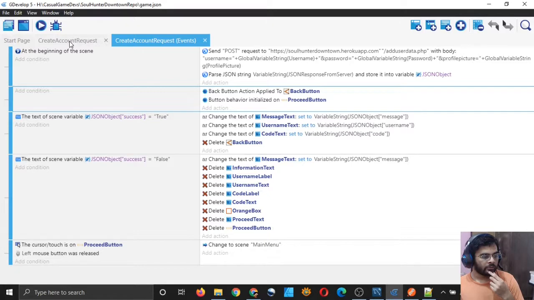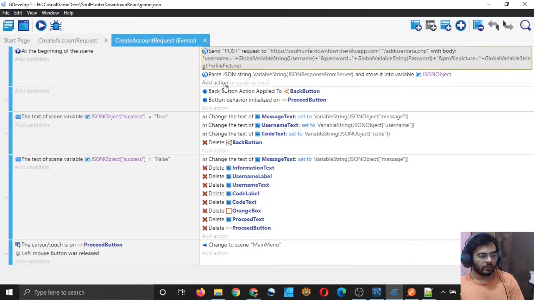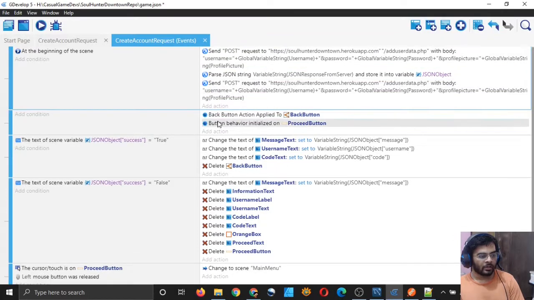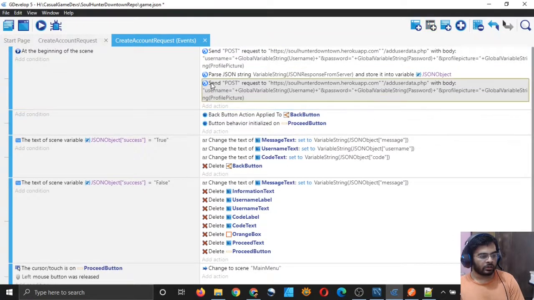So we have to do it in a way where, after we send the first request to create the account and then we parse the result, we send another request to update game values. So let me simply copy this one and paste it here.